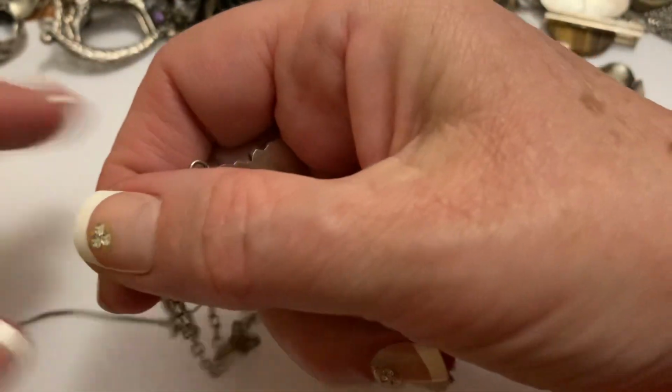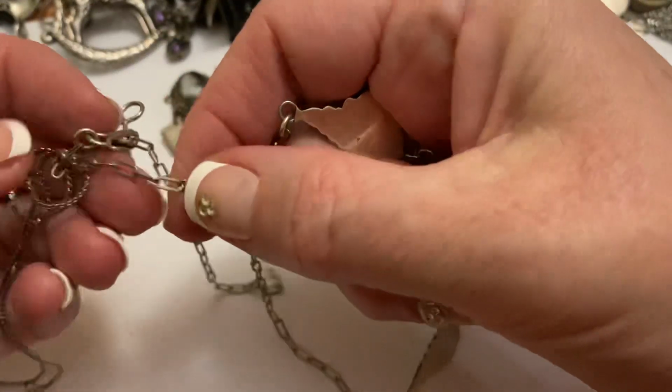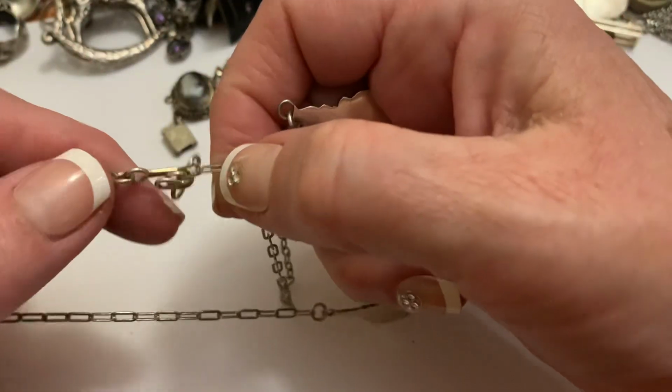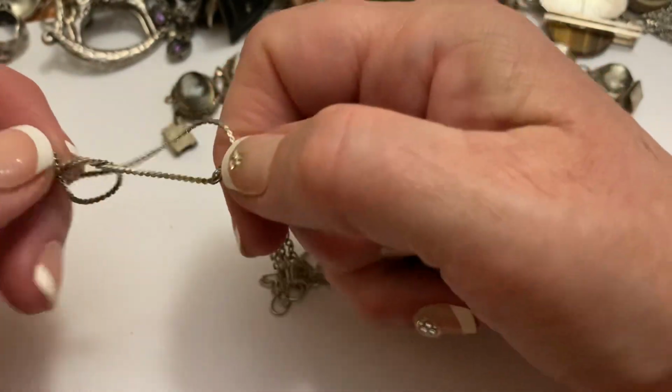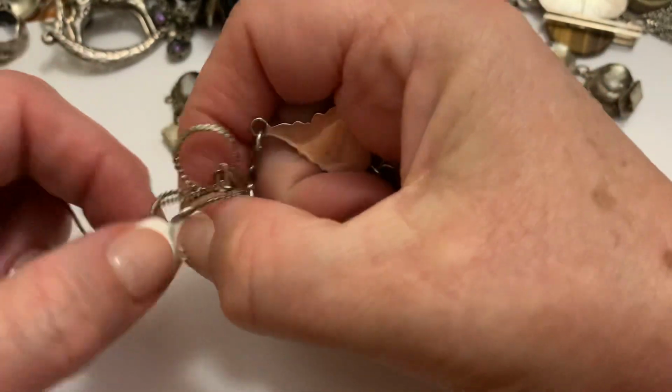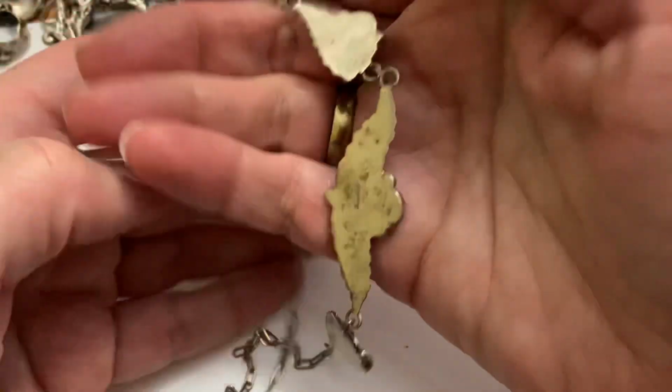And here's another malachite necklace. Tangled. I like the chain on this, but I don't like the clasp. To me, the hook clasp is not very secure, so I'm sure I can have it changed out, but